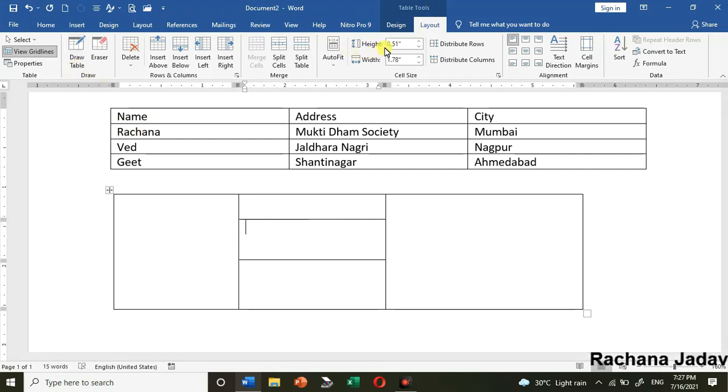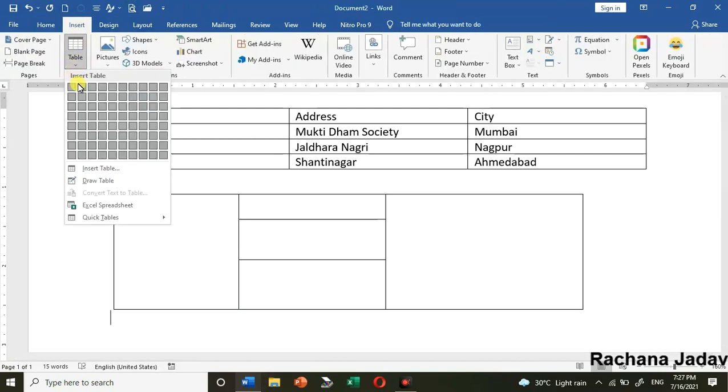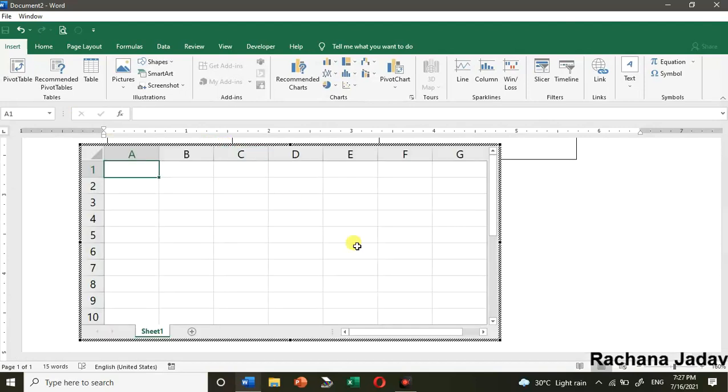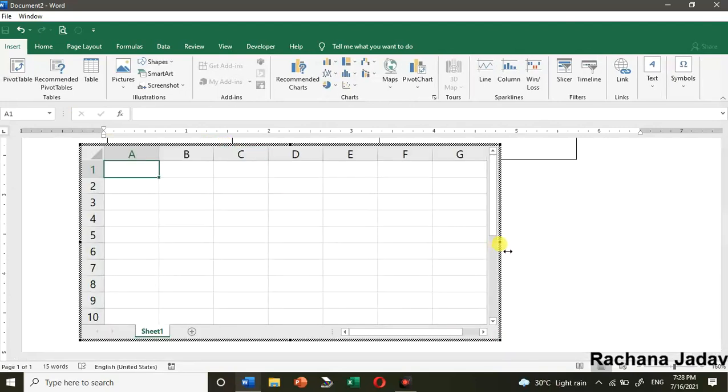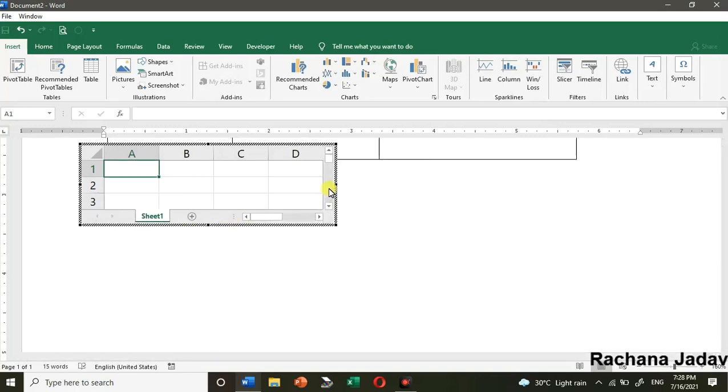Okay, now the next method which we are going to see, that is of insert. In that you have the option of Excel spreadsheet. आपके पास option है of Excel spreadsheet. तो यहाँ क्या होगा, the spreadsheet will come over here and in that you will enter all the records over there, right? You can see like the same Excel sheet, you will see it over here. Now you have to decide it. आपको decide करना है कि आपको कितने columns, कितने rows, तो उसके हिसाब से आपको ये means you have to crop it या selection करना है.